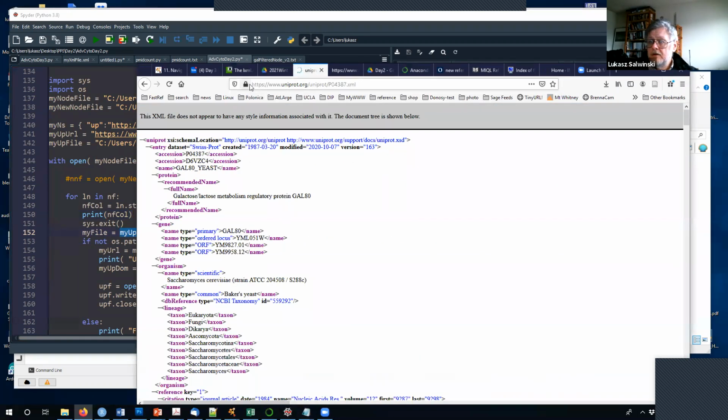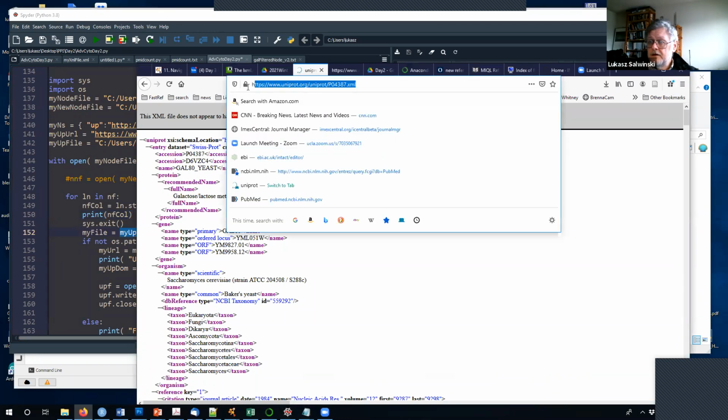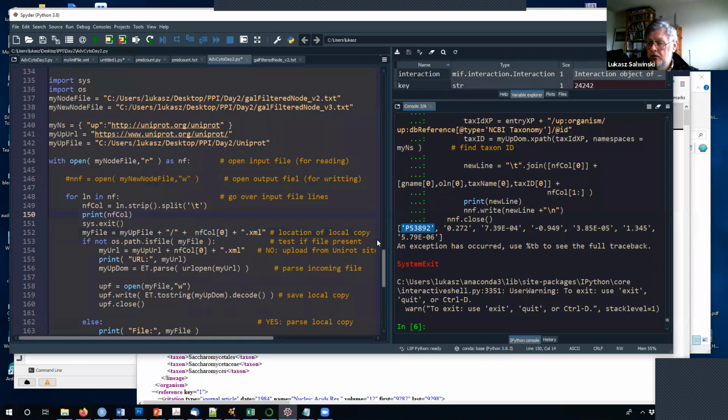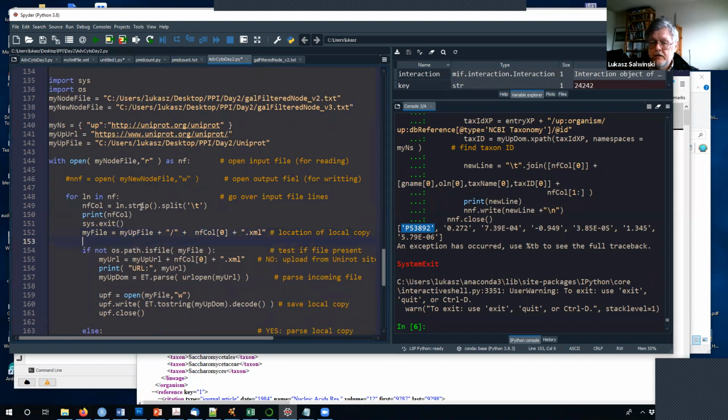So now we're generating the address of a web page that looks like this. This is what's sitting in my app URL. Then I'm concatenating the identifier, and then I'm adding .xml at the end. So that's what's going on here, and we can check it once more. We can now move this thing down one line, print this time my file, and once we run it,